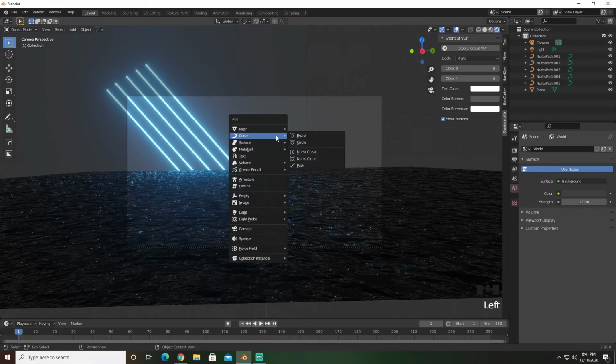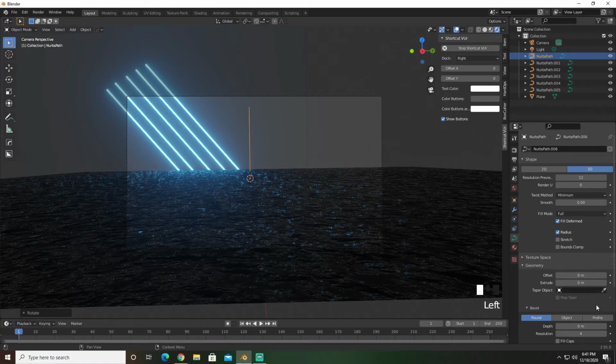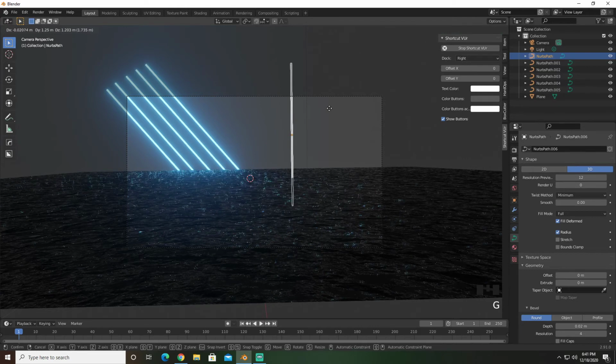I'm gonna do the same thing. I'm gonna create a path, RY90. I'm gonna give it a bit of depth. How much depth did I give this guy? 0.02. Okay, I'm gonna move it here. I'll rotate this guy to right about here,